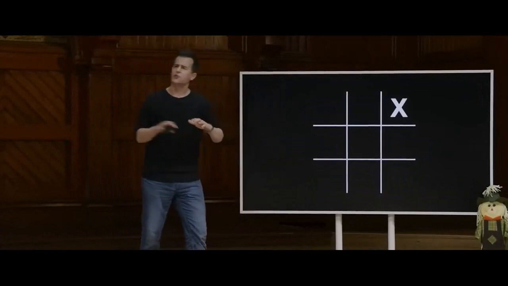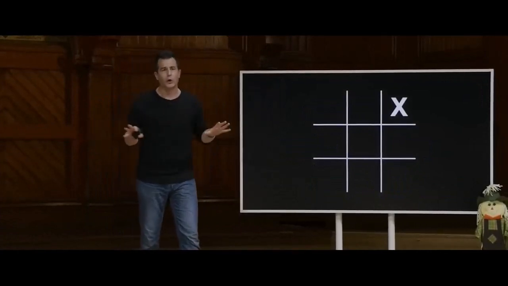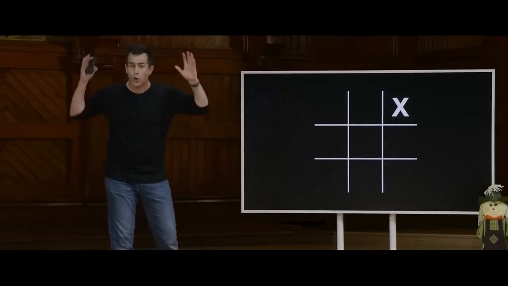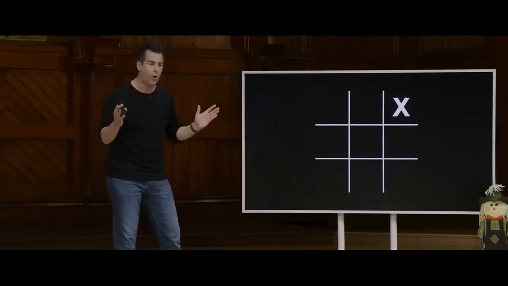So suppose, for instance, it's O's turn. Now, those of you who are very good at tic-tac-toe might have an instinct for where to go. But this is an even harder problem, it would seem. I could go in 8 possible places if I'm O, but let's try to break that down more algorithmically as